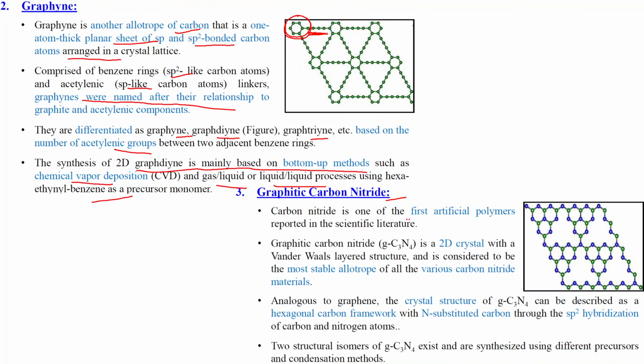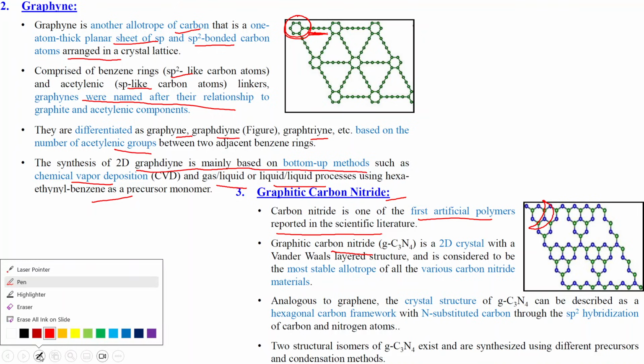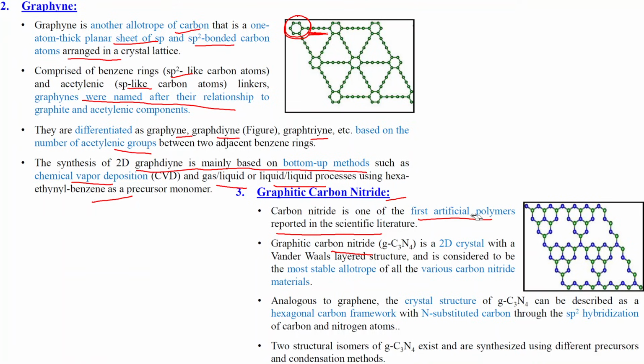Okay, so carbon nitride is one of the first artificial polymers reported in the scientific literature. The graphitic carbon nitride is basically C3N4. Suppose we take this part, if we consider this part, in this we can see 3 carbon and 4 nitrogen. That is the